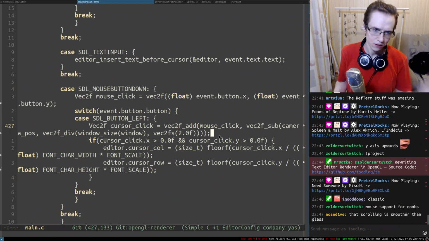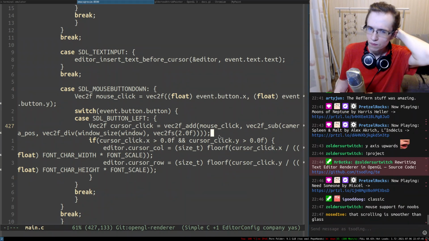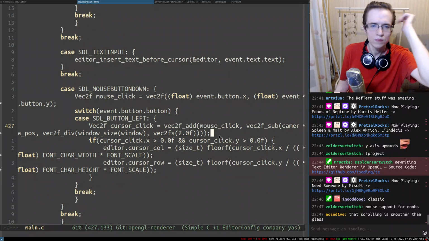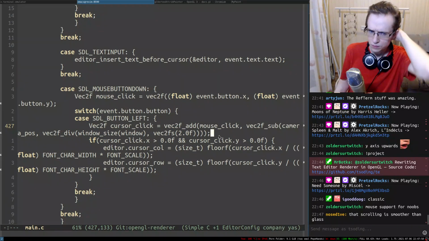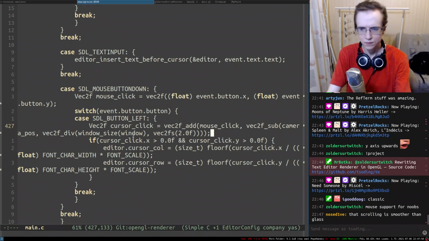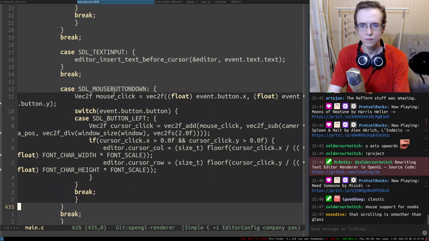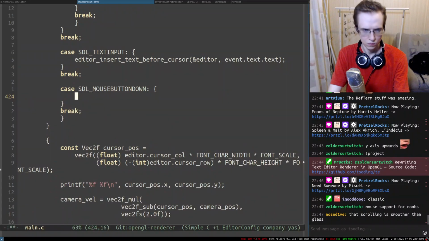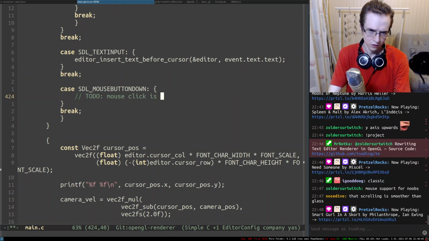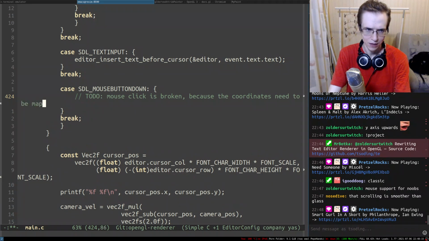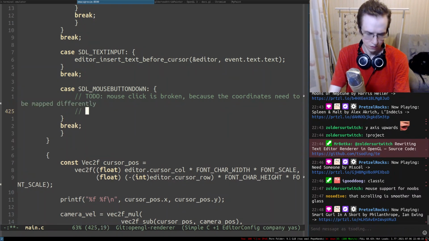Mouse click. This is a strange code. Let's put it like this: TODO, mouse click is broken because the coordinates need to be mapped differently.